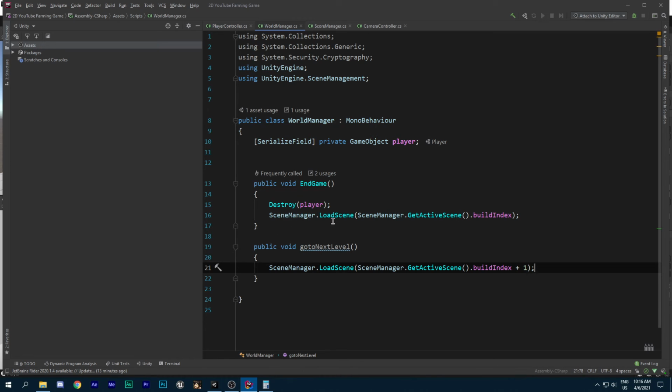Now, if you understood how this works, it should be fine. For example, if it returns 0, which it will in the first run, the 0 + 1 is 1, so it will load the next scene. So GoToNextLevel